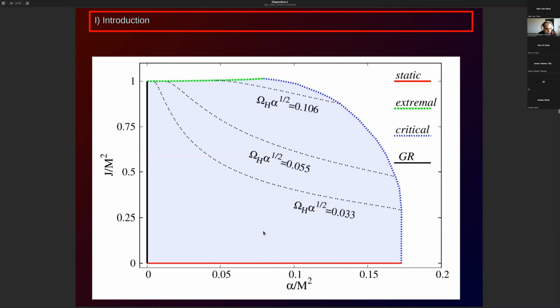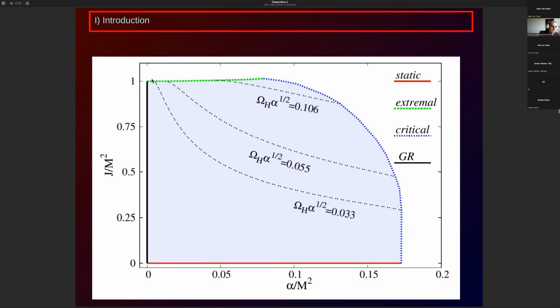What I'm showing you here is the angular momentum scaled to the mass again, and the alpha parameter scaled to the mass. This is for gamma equals 1, the standard Gauss-Bonnet-dilaton theory. And then you generate solutions, and you see that they fit in this area of the space of parameters. What's going on here? Okay, in this black line, you have the Kerr solution, right? When J is 0, alpha 0, you have Schwarzschild. As you increase the angular momentum of Kerr, eventually, as you all know, you reach the extremality, essentially when J over M squared is equal to 1, right? And you have a degenerate horizon, etc., etc.